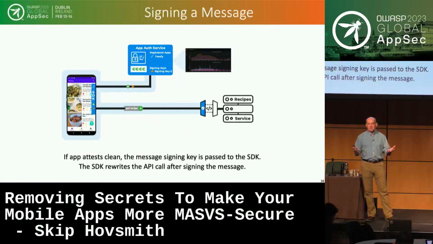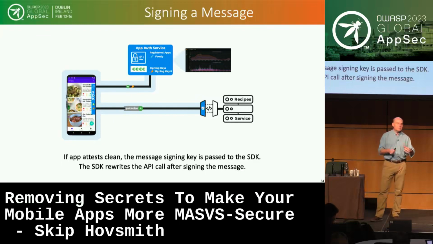Signing message, same story. If you want to sign a message or you want to add some encryption onto a message, you've got yet another constant, but you're going to store it up in the cloud. And assuming the trust is there, then you'll go ahead and download that in. And you might begin to add some functionality inside the SDK, say to do the message signing or to do the encryption here, just to ensure good hygiene of the secret, so the user doesn't accidentally read the secret and put it somewhere in storage.